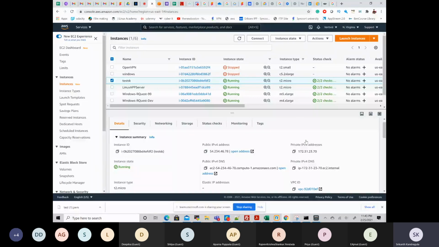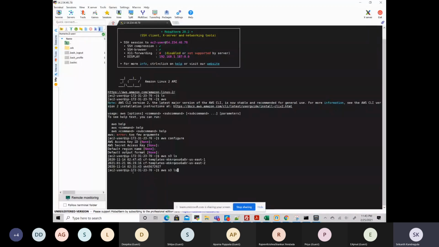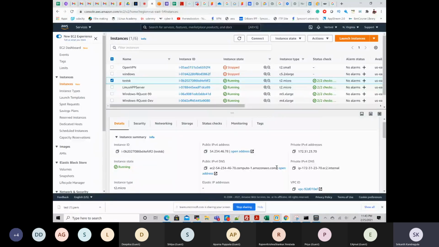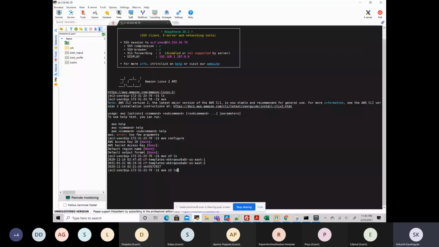Whatever we see internally will be the private IP. Public IP is what we use to connect. There is a difference between public and private IP, guys. Private IP is what we see internally. So internally you can see 172.31.23.70, the same thing. Now on this machine, I'm again running the same command, aws s3 ls, and now I